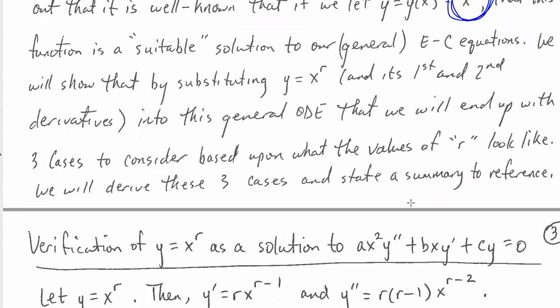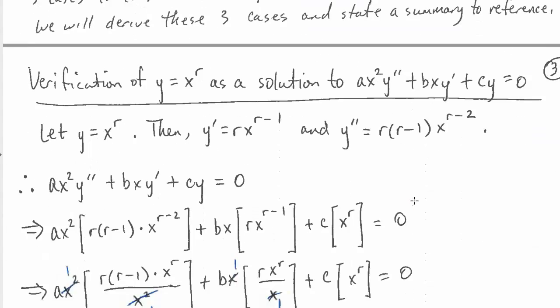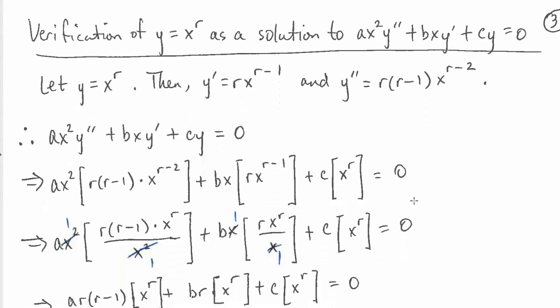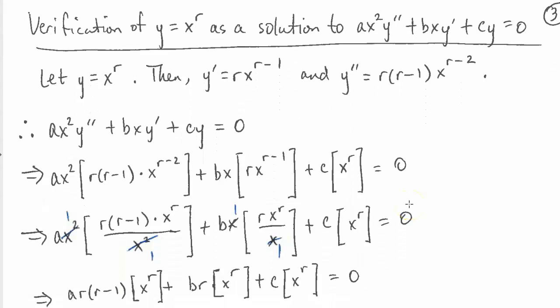So if we move forward here, I'm going to show you why it is actually a solution to this equation type. If we assume that this is going to be a solution, then of course we take the first and second derivatives here. And notice that it's very easy to take the first and second derivative of a power function. And because of that, one of the things that we're going to see a little bit later is that